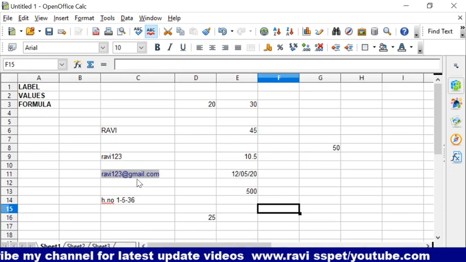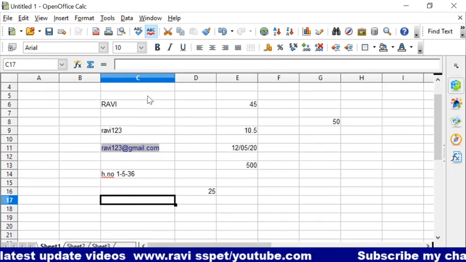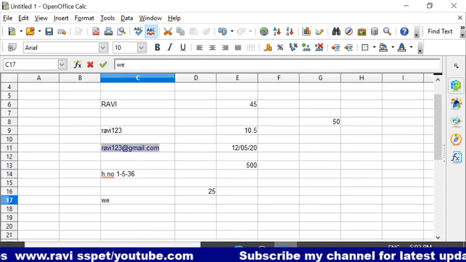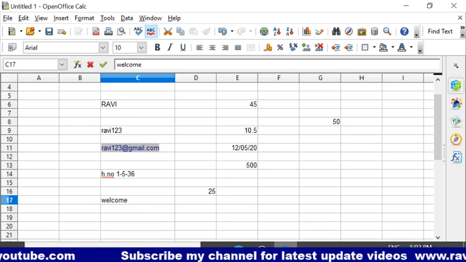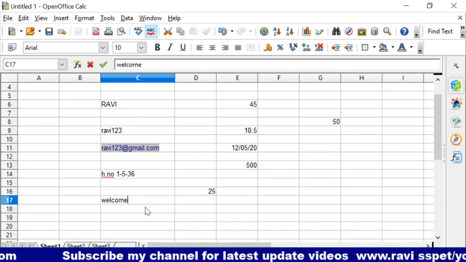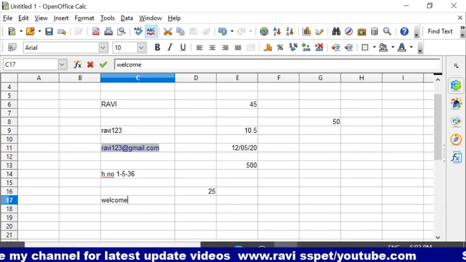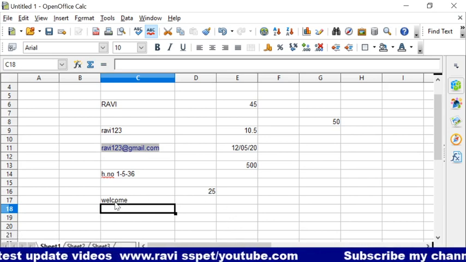See here, for the label, whenever you type, for example, welcome, by default the alignment is left side. You enter, and it comes at the left side.